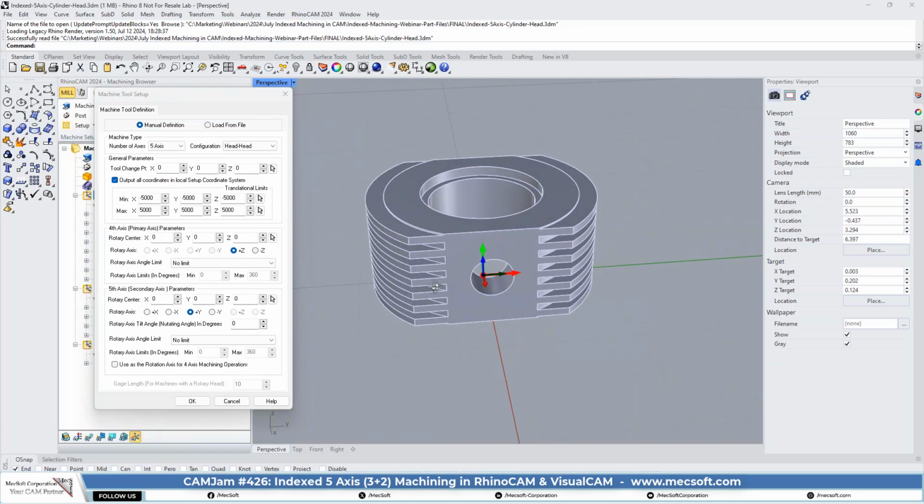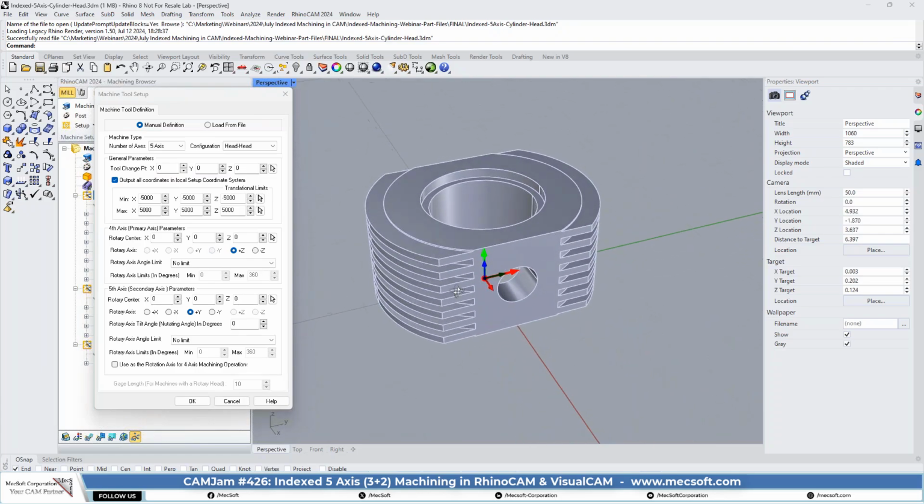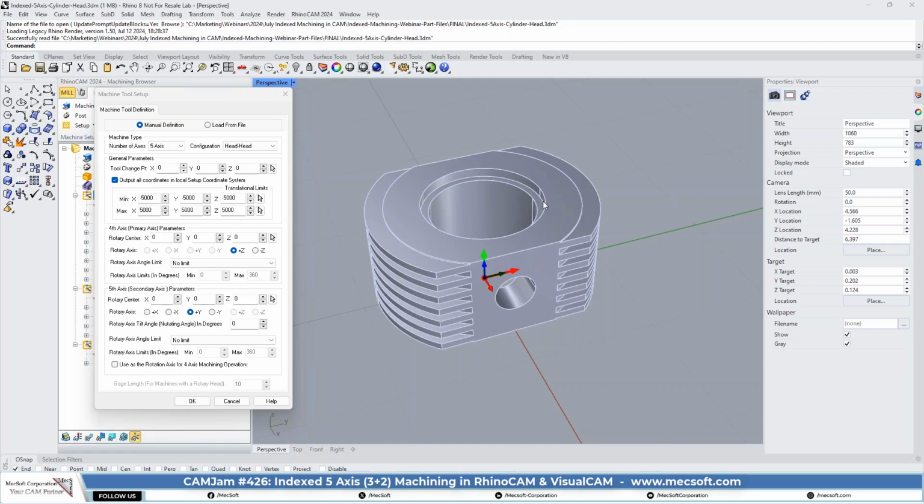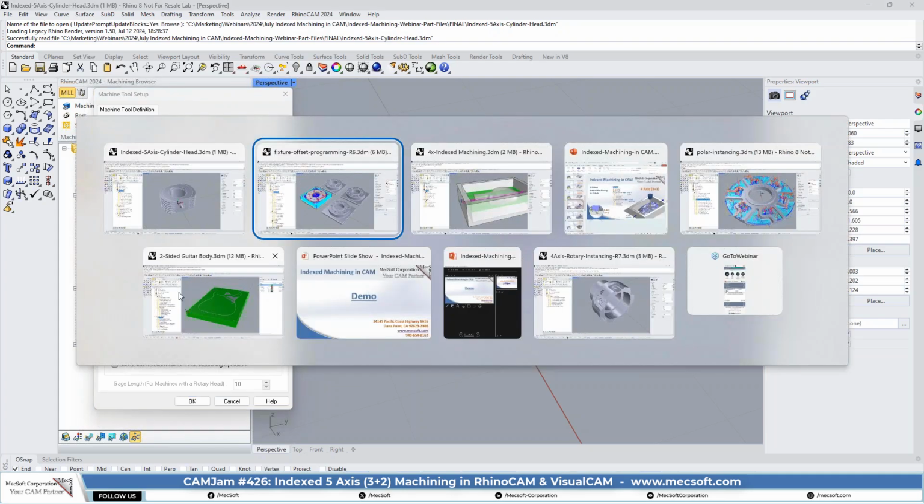Do that right there so you can see it a little bit better. Okay, so we got our machine type set to 5-axis, and then we have our configuration. In 5-axis, you can have a head-to-head configuration, which means the gimbal or the head actually has 2 rotational axes in it. If you look back again,